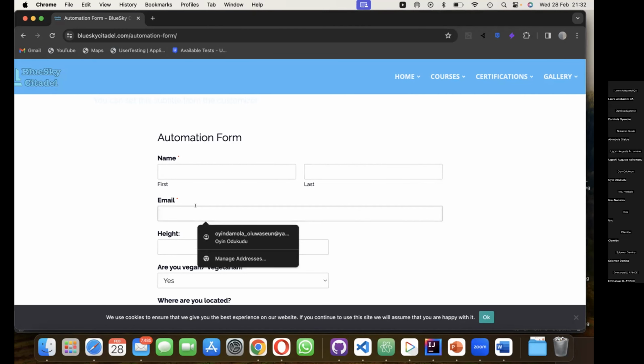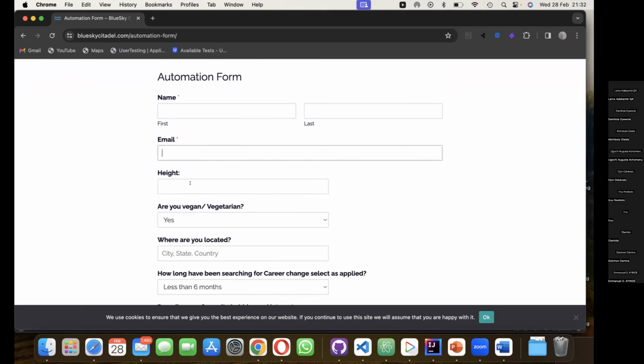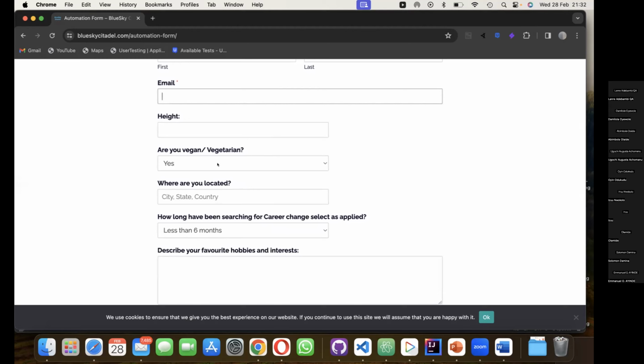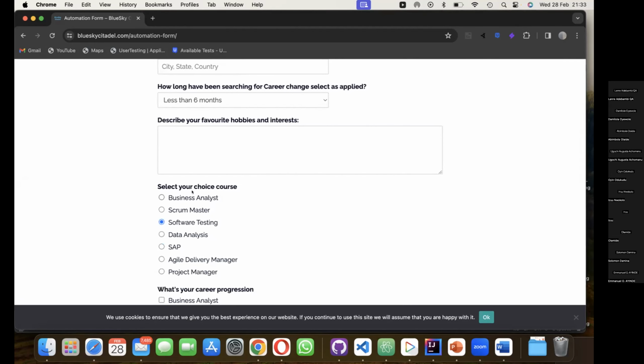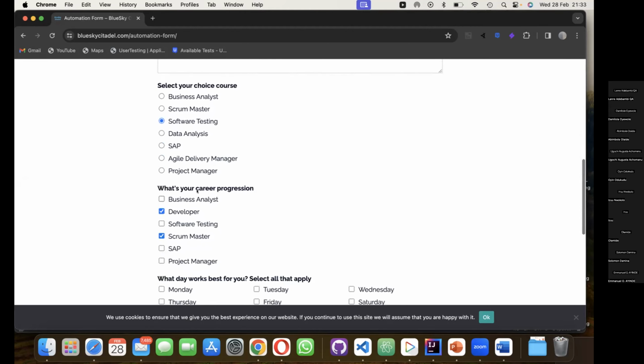And I enter my email address and I enter my height and I select the right vegan option and I enter my location and I select the right option for career change question and I fill out the hobbies and interest field and I select my course choice and I select my career progression